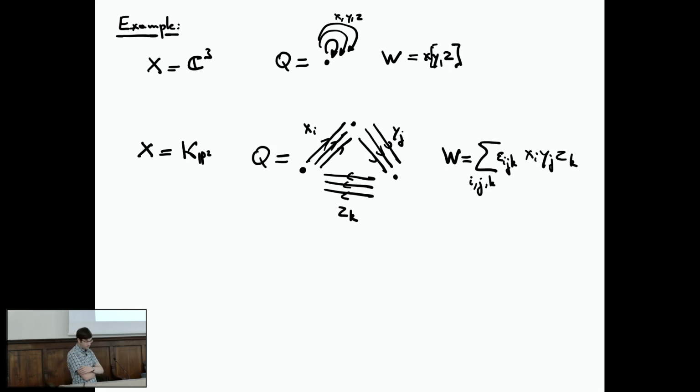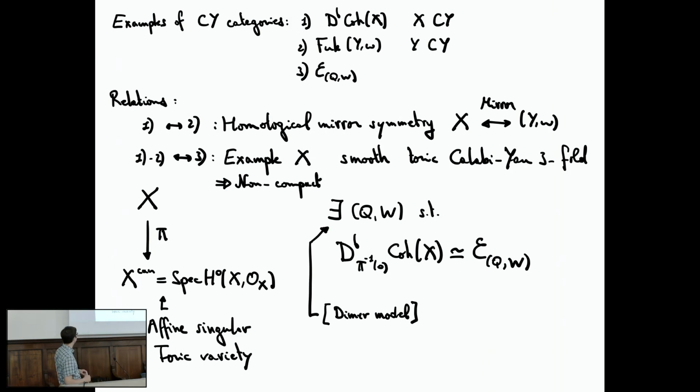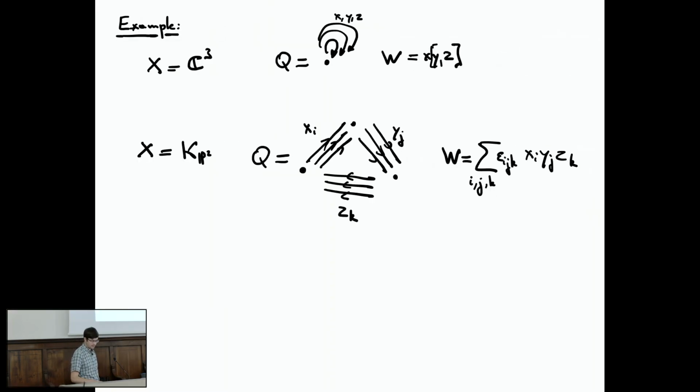And here is a slightly more interesting example. If X is the K P2, so local P2, so it's the total space of the canonical line bundle over the projective plane P2. So it is a line bundle O(-3) over P2. If you look at the total space of this line bundle, it's a non-compact Calabi-Yau 3-fold, which has a natural toric description. And in this example, this diagram here, X to X scan, is obtained by contracting P2 to a point inside this geometry. And then the category we're looking at are sheaves on this non-compact 3-fold, which are set theoretically supported